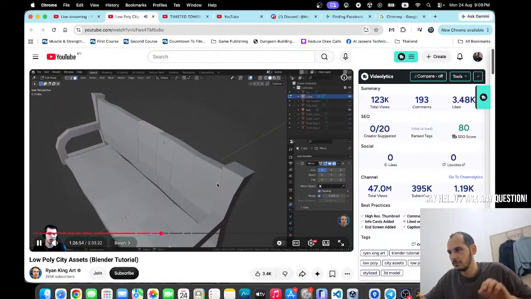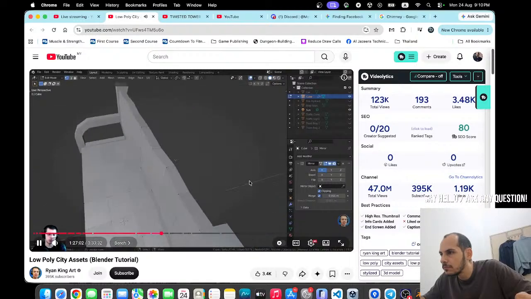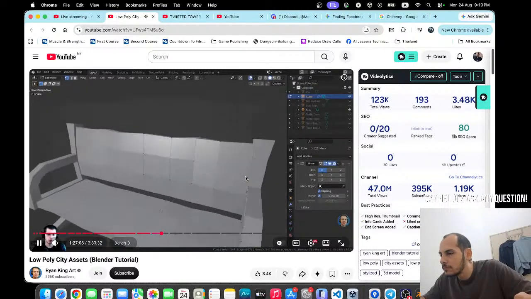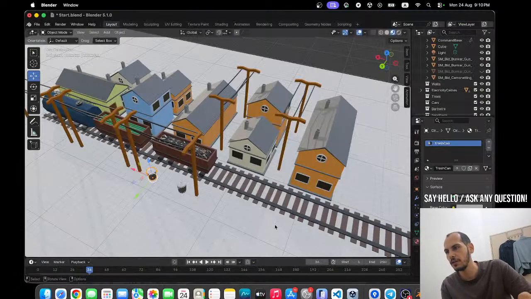Now I do want to make it just a tiny bit more random again, so I'll press 1 on the top of my keyboard to go to the vertex select. And I'm just going to again select some of these vertices and just give them a bit of randomness, just so they're a little bit different and it looks more like natural wood. And I kind of like the look where this is. Okay, now let's try